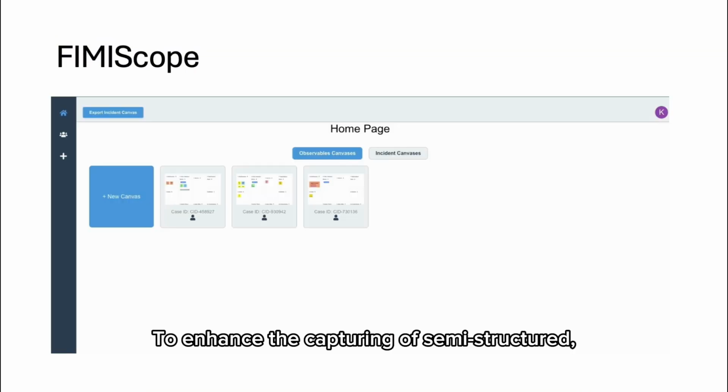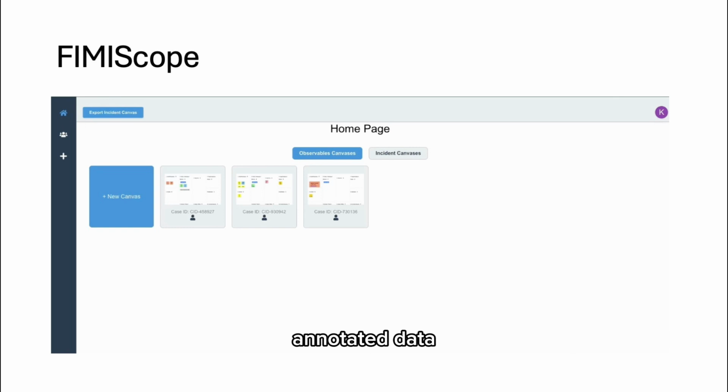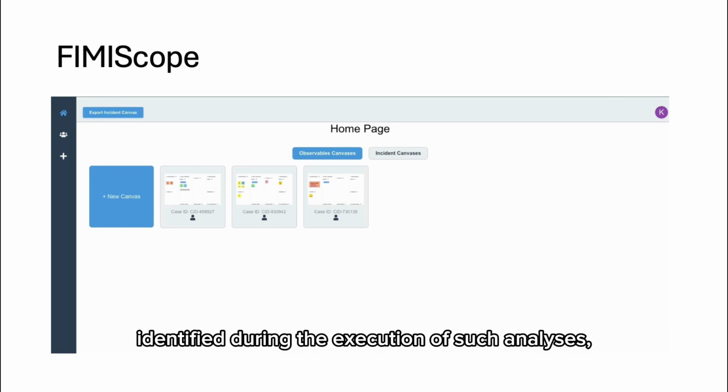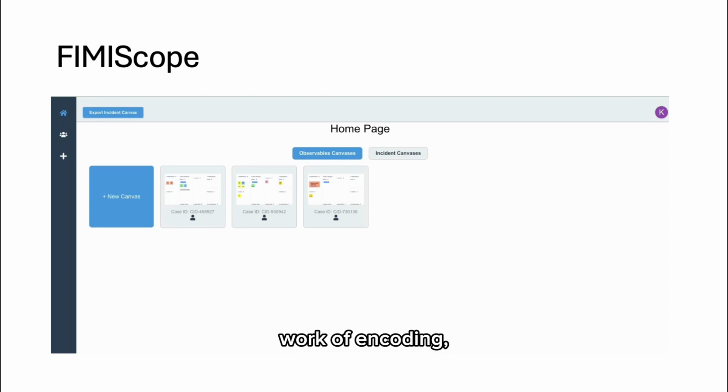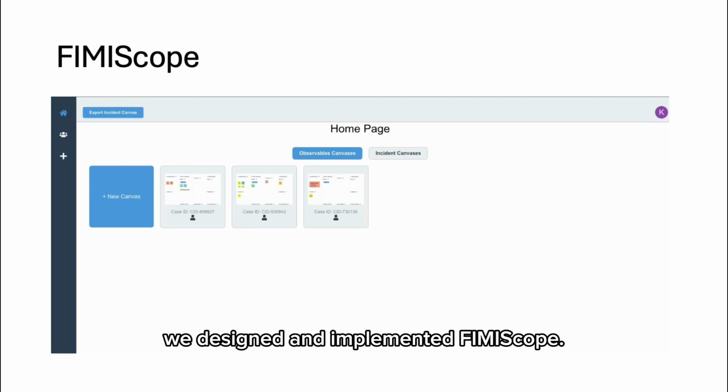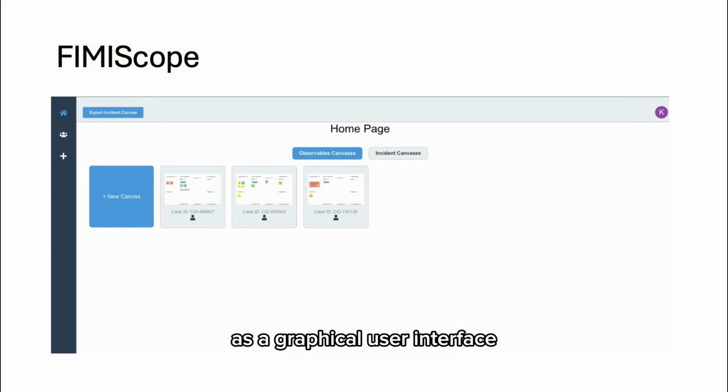To enhance the capturing of semi-structured, annotated data identified during the execution of such analyses, and to relieve expert analysts from the tedious work of encoding, collecting, and storing metadata about FIMI cases under examination, we designed and implemented FIMIScope. FIMIScope is a software toolset prototype that implements the FIMI canvases as a graphical user interface running on a browser